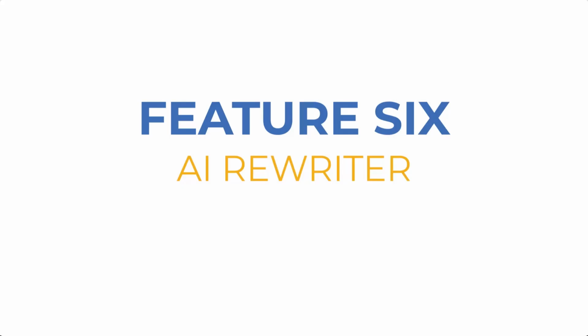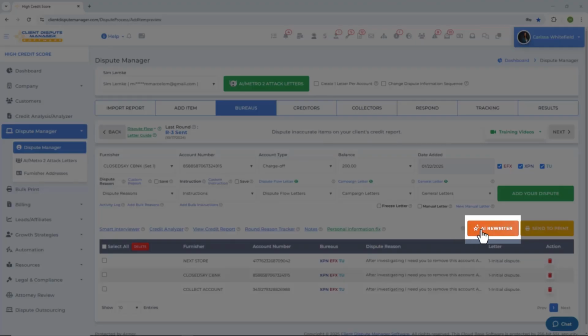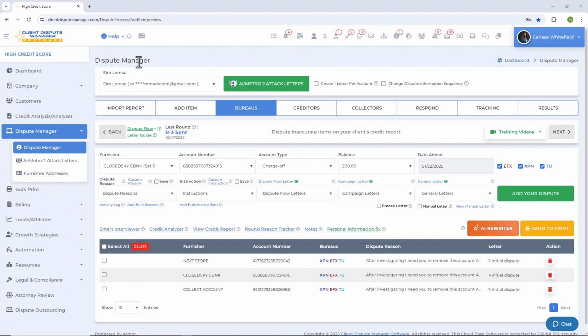Our sixth feature is the AI Rewriter. This will help you rewrite our default dispute letter templates in the software to get a different version of that letter each time. This ensures that each of your customers' dispute letters are unique without the need to manually modify the letter template directly. In the software, you can find the AI Rewriter feature on the Dispute Manager screen, and